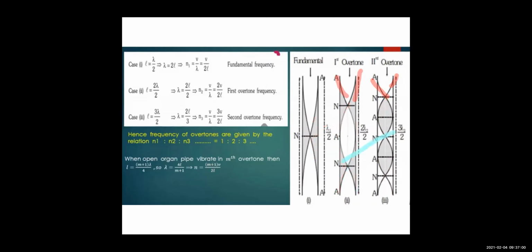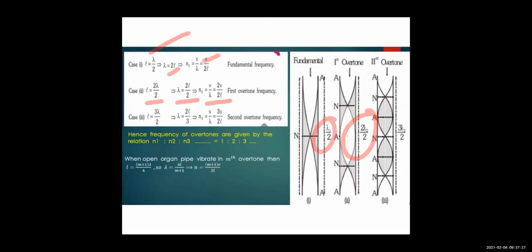So similarly, this is the length. So L equals, in the first case, lambda by 2. So lambda is 2L and frequency is velocity upon lambda, that is V upon 2L. For the second case, the wavelength is 2 lambda by 2. So L is 2 lambda by 2. So lambda is 2L by 2 and frequency is 2V by 2L. Why have we not cancelled 2? Because we want the frequency in the same format so that we can take the ratio afterwards.